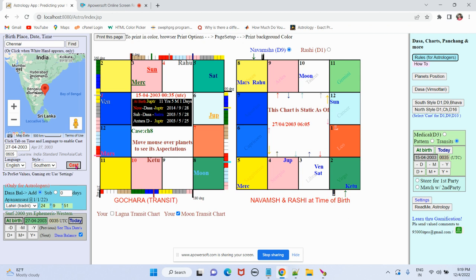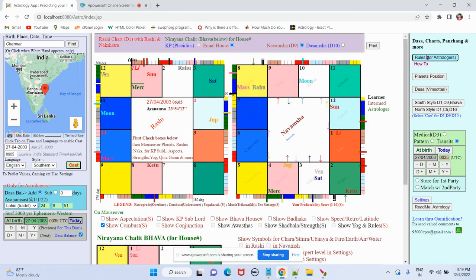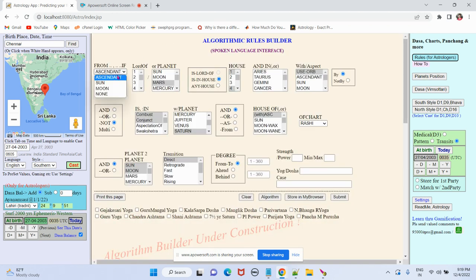Now, we'll go to the next level of complication: from the natal Moon, if Saturn, so this is Moon to Saturn, not just Moon to Moon, is in the first, second, or 12th house, then we will call this Sade Sati.